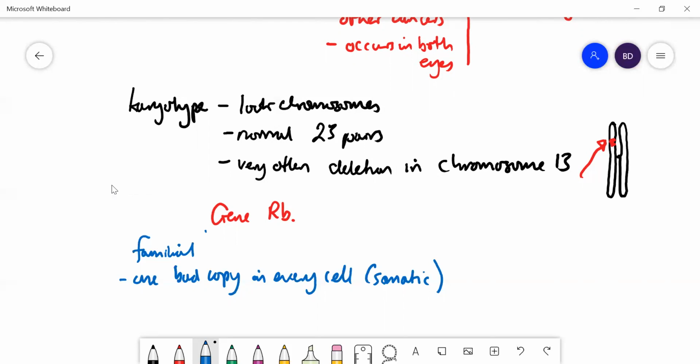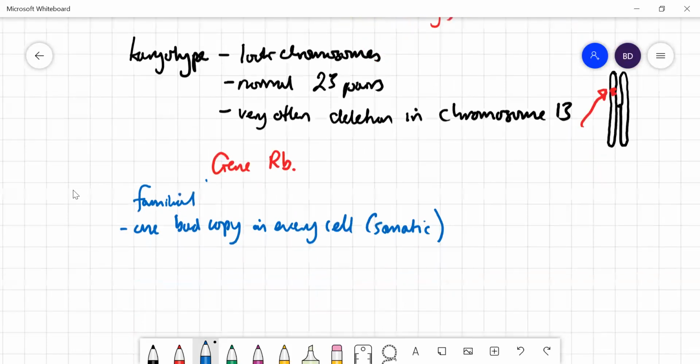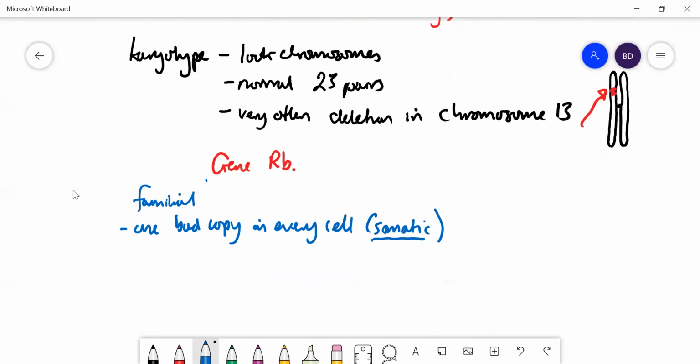So they found that in all their somatic cells, the cells in the body, they had one bad copy, but in the retinoblastoma cells, there were two bad copies. So the theory was the reason why these individuals develop the cancer is because they're born with only one copy. Now, when they've got one copy, that's enough to stop the retinoblastoma cancer starting. But if any subsequent mutation occurs in those cells and knocks out the other copy, then they develop the disease.